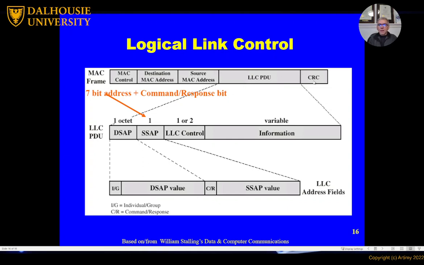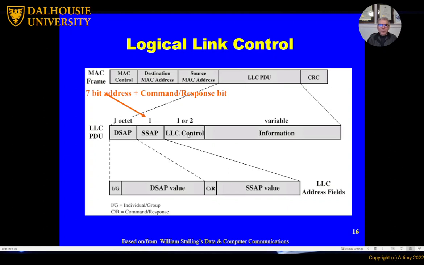And the MAC frame also includes the CRC at the end here. All right. And the data or the payload inside the MAC frame is the LLC PDU. So the LLC PDU also has source and destination addresses. We just call them service access points, right? Destination and source, that point to which service or which protocol the data is going up to or down from.